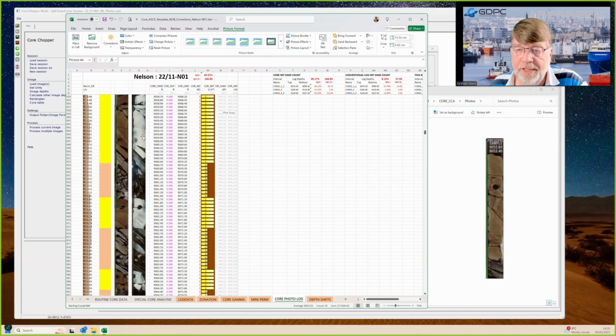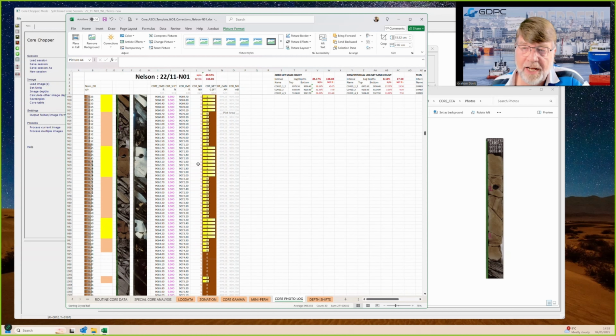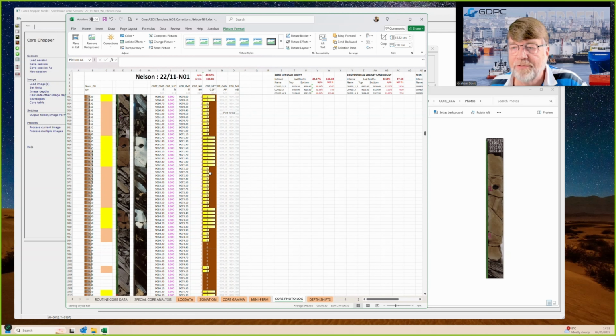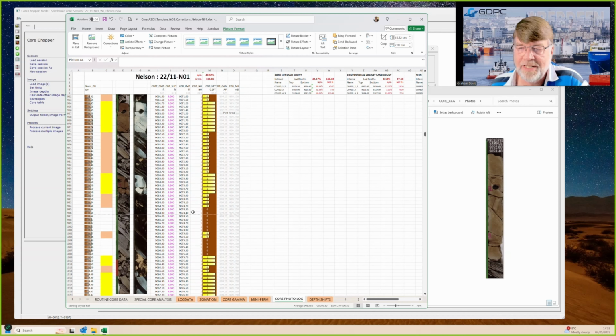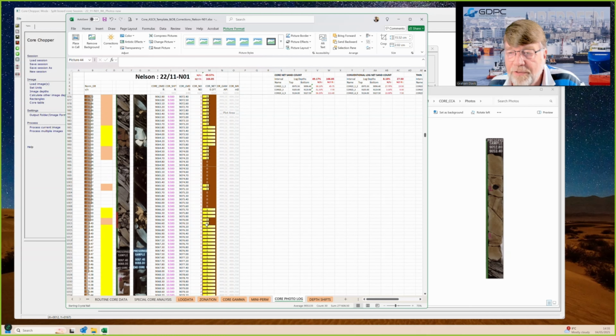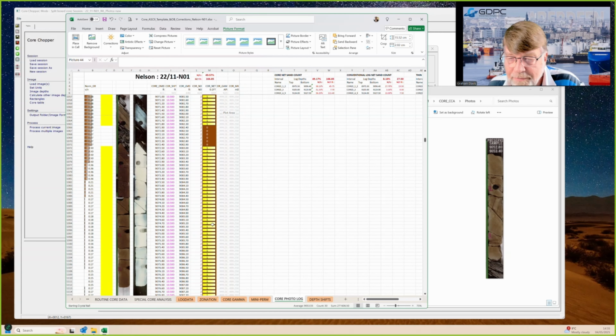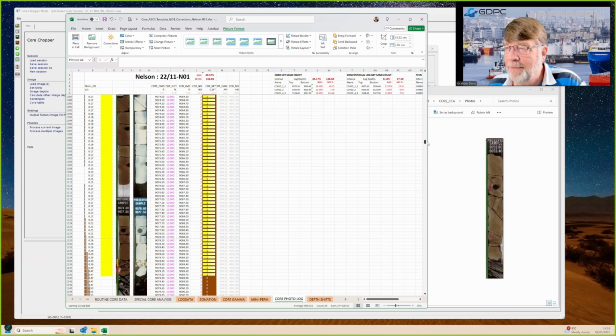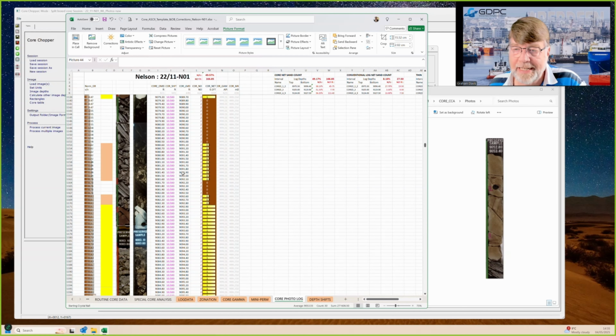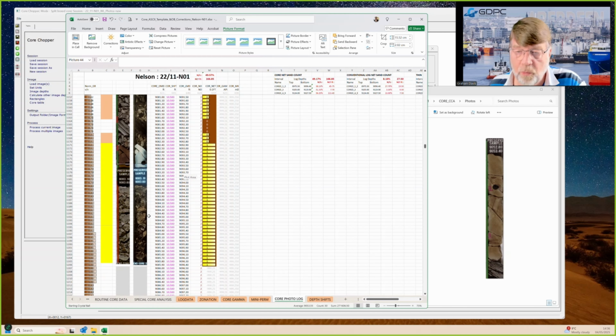And what I've done is I've gone down and I've made an estimate. It's still qualitative, I guess, because it's my interpretation. But I can go in and tweak it. So I've decided I'm going to call that one net. And then I'm going to call this 0.5, because there's lots of stuff in here. It's an interpretation. So some of them I've gone 0.5. I think at some point I might have even put a few 0.25s in there or whatever. But basically, I'm looking down this photograph and making an interpretation of where my net sand is, and